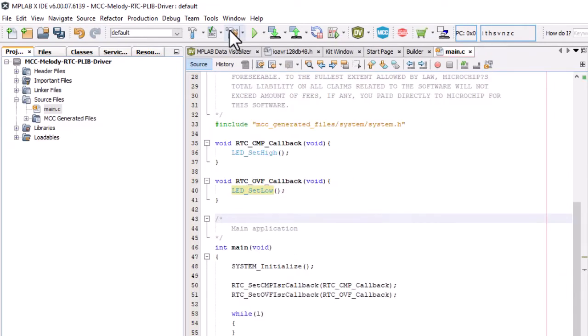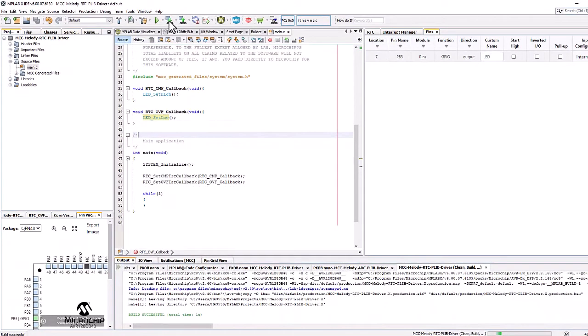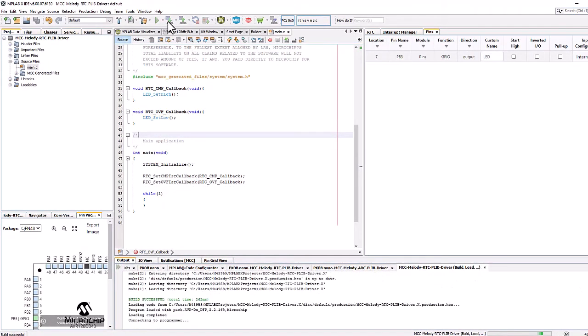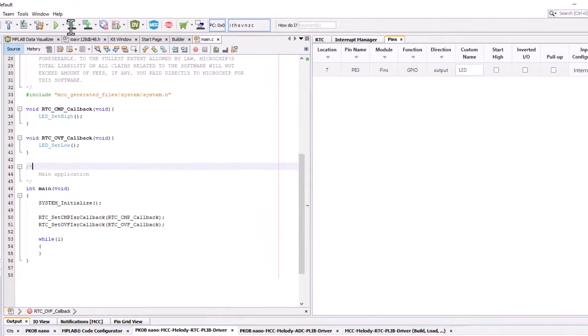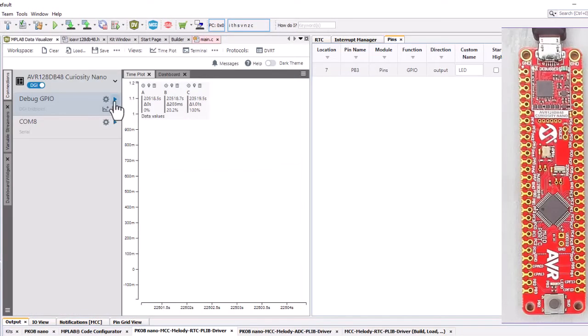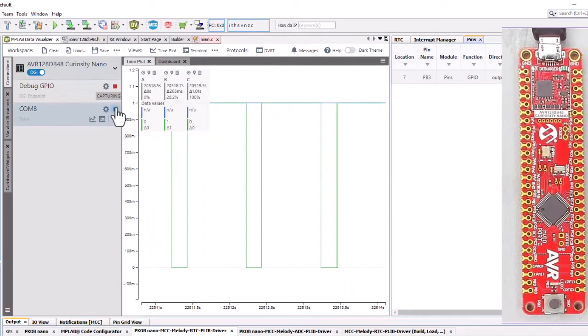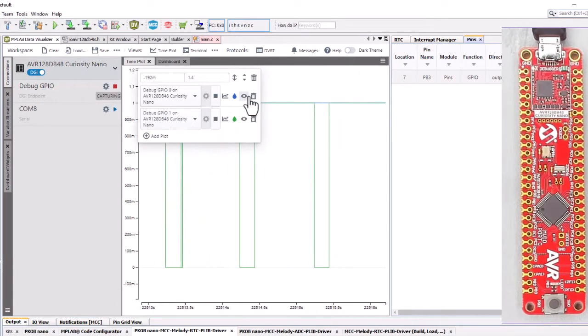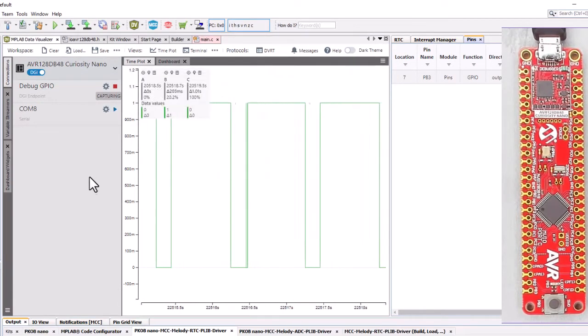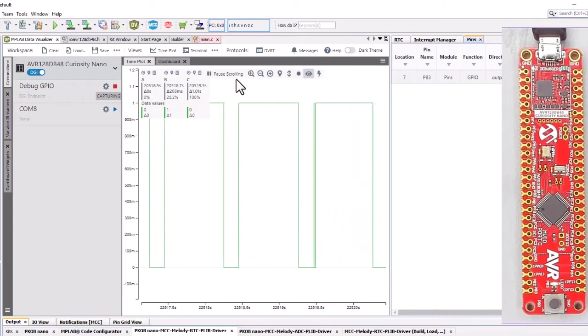Okay. Compile, program, and so on debug GPIO, we plot all the pins. We can see that there's only something happening on the one of them, and we can